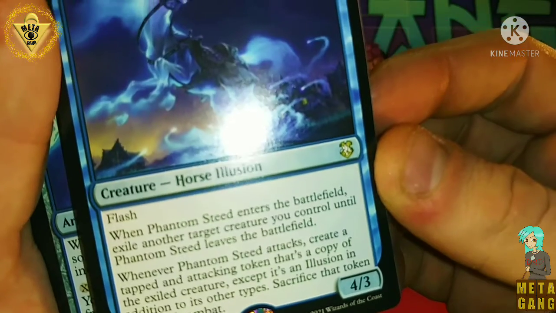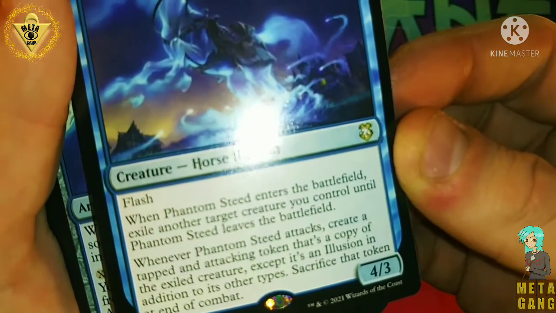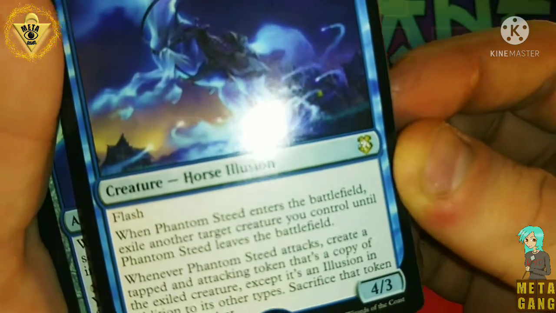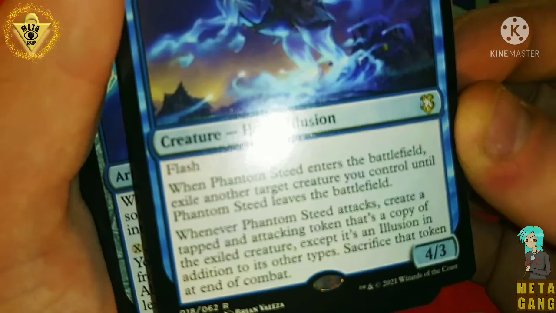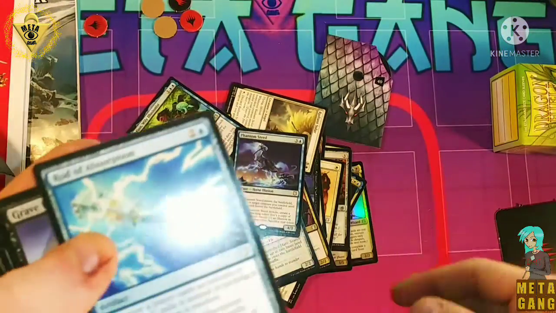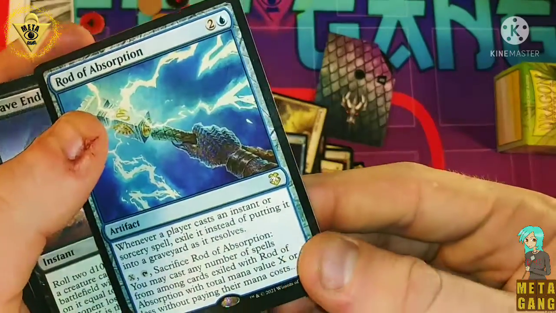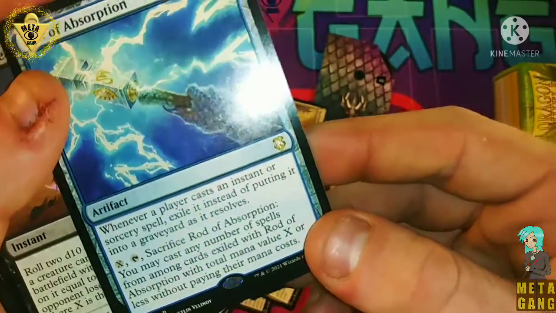When it enters the battlefield, exile another creature you control until this card leaves the battlefield. When this card attacks, create a tapped and attacking token that's a copy of the exiled creature, except it's an Illusion in addition to its other types. Okay, so this is going to have an Illusion strategy with it, I guess. I've never seen a water artifact yet. Well, then again, I haven't really been playing it that long, but...